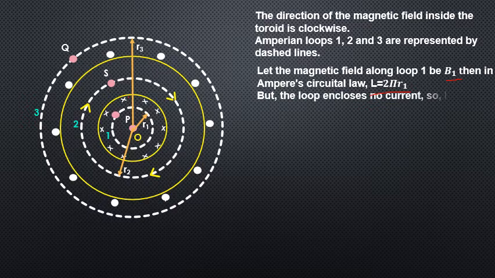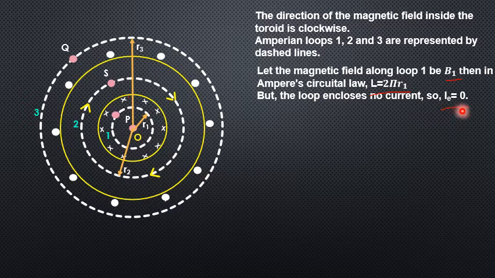So now, the enclosed current. Next we find the enclosed current, because what does Ampere's circuital law say? It states that integral B dot dl is equal to mu naught I. So along with the length, you also need to take the enclosed current. Mu naught times the enclosed current is needed in order to make use of Ampere's circuital law. So here you see, in this Amperian loop 1, there is no enclosed current. All the current is enclosed within the toroid only. In this region, no enclosed current is there.